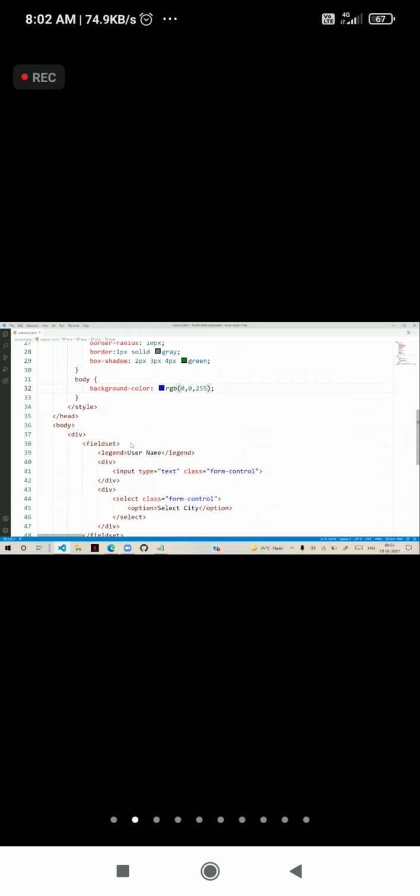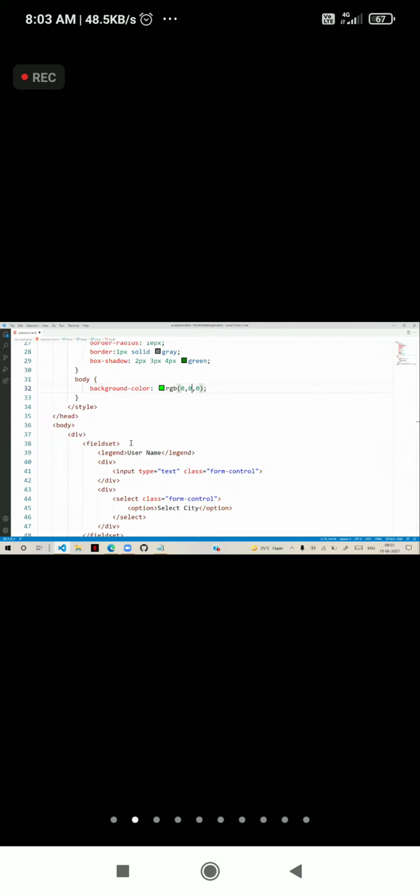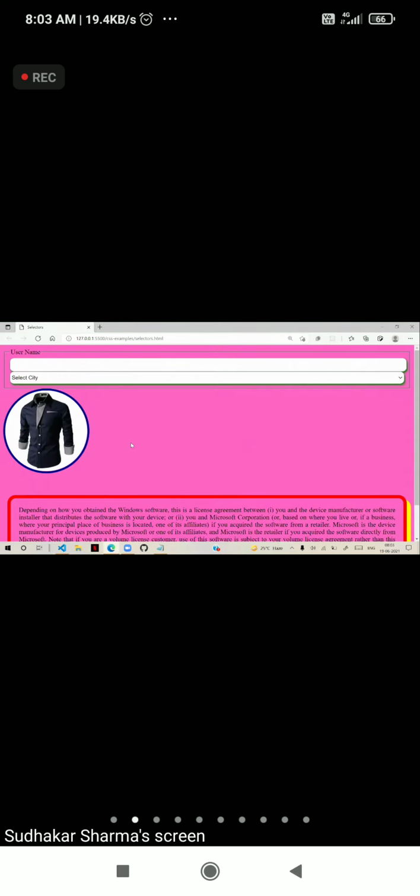So we can apply the background or foreground, any color, border color, anywhere you can apply this. Here, suppose this is 0 and the second one is 255, that is green color. It will apply that. And this is 0 and this is 255, so that is the red color. And I am adding some 100 green, and I am adding some 200 blue, so like that it will change with this shade.